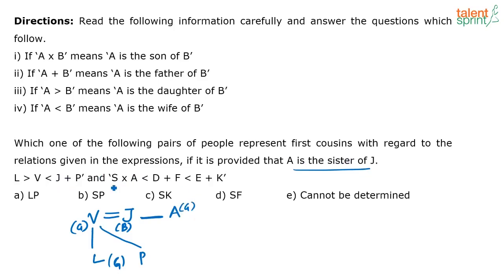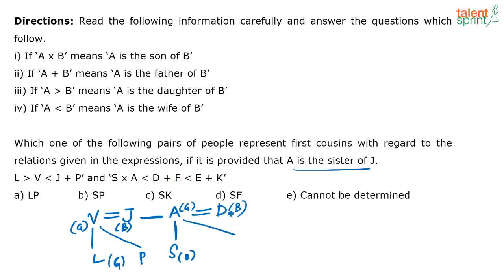Then next they are saying S cross A. S cross A means S is the son of A. So S is the son of A. Then son means boy, so I put B. A less than D. A less than D means that A is the wife of D. So again this is a boy. Then A is the wife of D. D plus F. D plus F means D is the father of